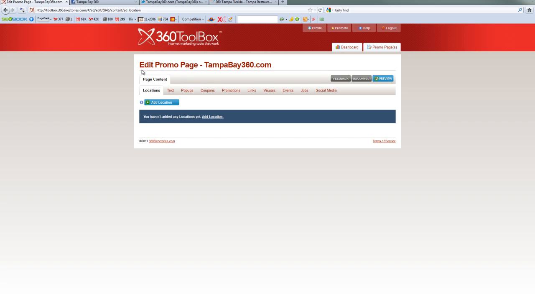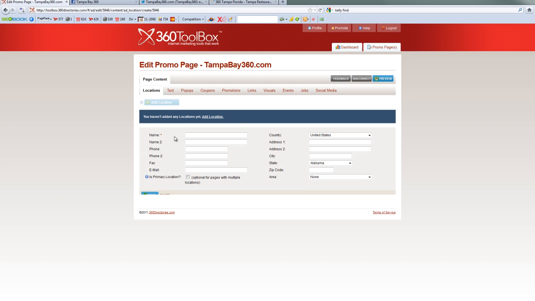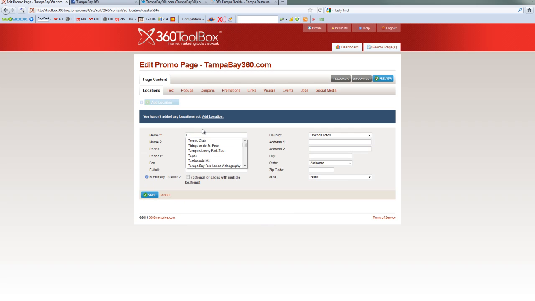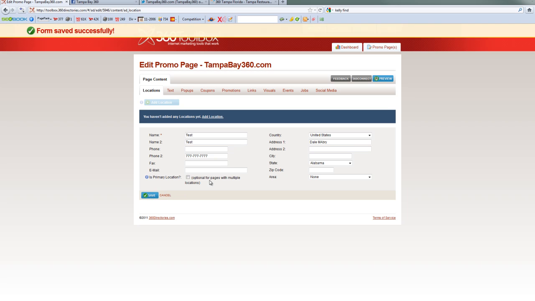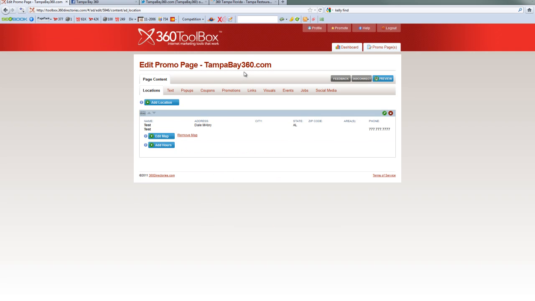Most of you have a location for your business. Again, this was a generic page. We haven't added one, but if you need to add a location, you simply click Add Location and enter in your information. Let's just put Dale Mabry. And hit save. And the neat thing about the interface of this is that there's a preview button over here